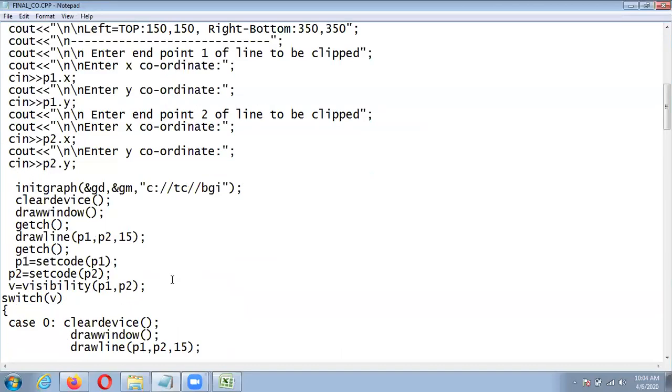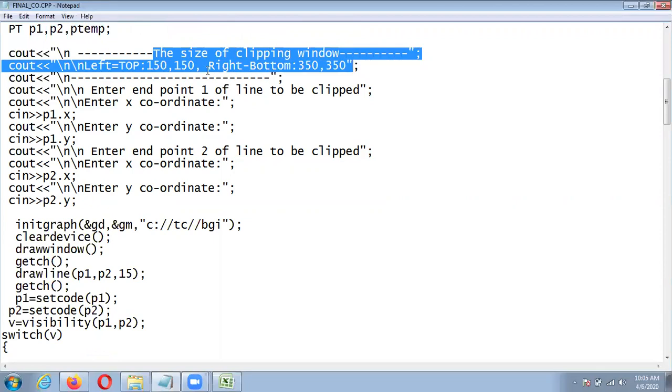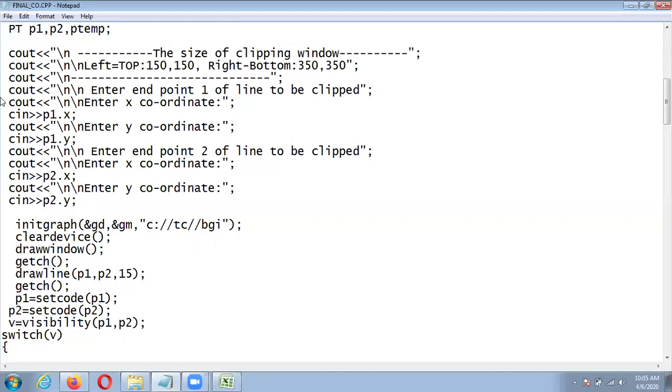Now here we have already written the size of the clipping window, which is already defined: its left top is 150 and right bottom is 350. Now, enter the end point 1 of the line to be clipped. Whatever values to draw the line, we will provide over here.